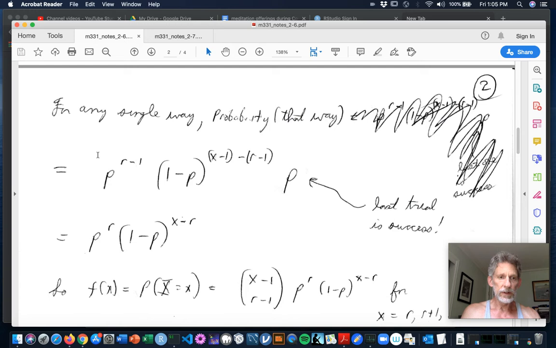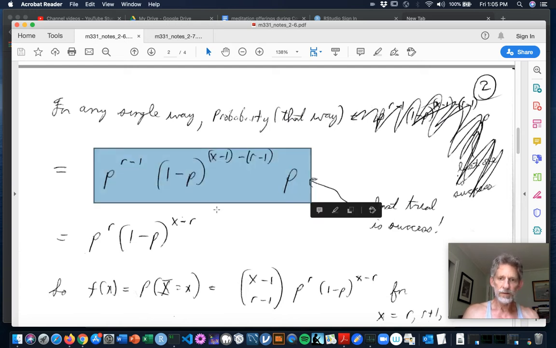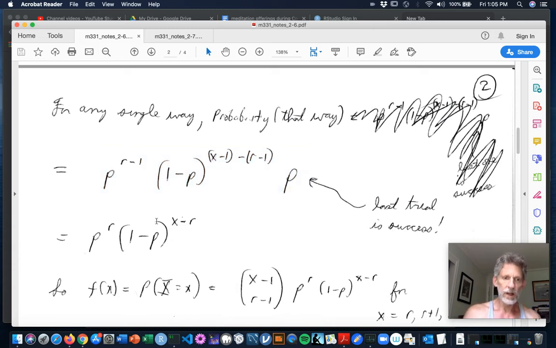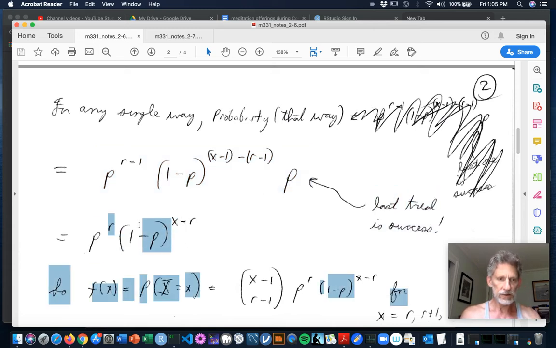Well, I argue that it's got to be this, because you're going to have r minus 1 successes in the first x minus 1, and you'll have x minus 1 minus (r minus 1) failures in the first x minus 1 spaces. And then you've got that success sitting in the last space, so chance of success p for that. And of course, that simplifies down to,